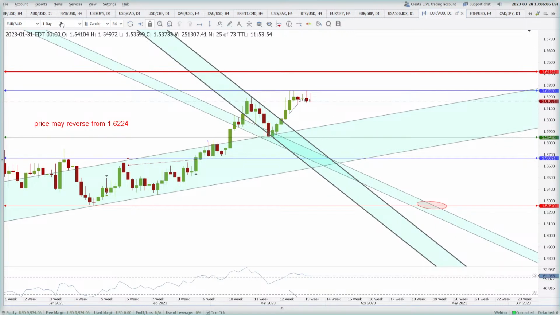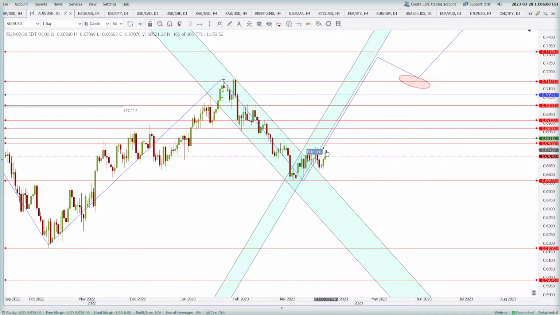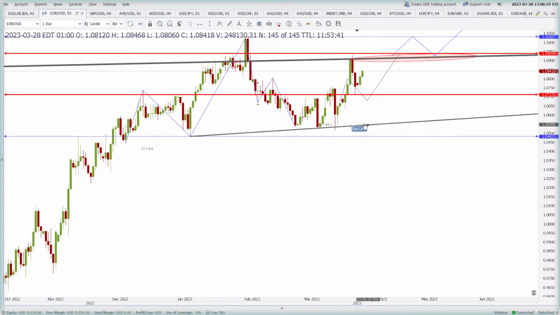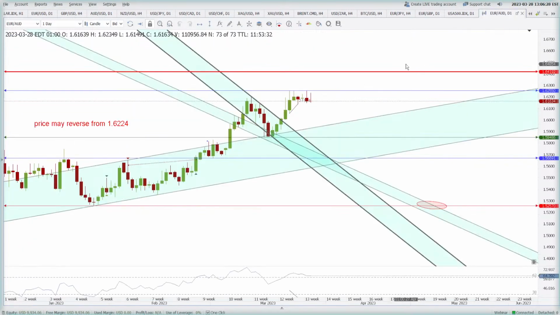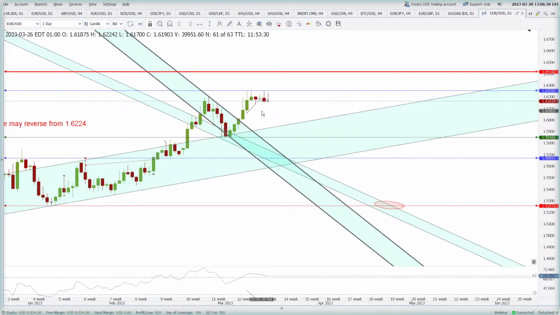1.5848, because you see we have seen that Australian dollar is going to rise because the market structure has broken to the upside, and the euro, where is my friend euro, has already reached a level where it can find a huge resistance. Although if there will be a breakout, the euro AUD can also break out to the upside, but if that finds a resistance there, as it is doing right now, the price can break towards 1.5848 and even beyond that. So 1.5848 is the first expectation of